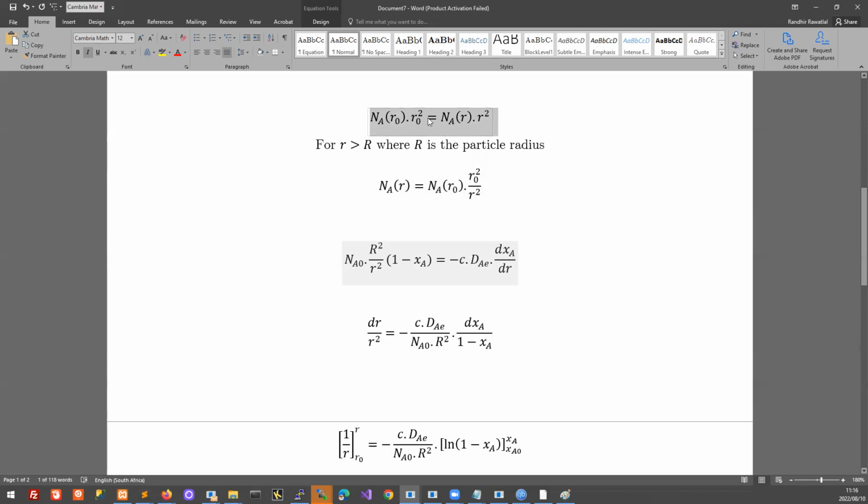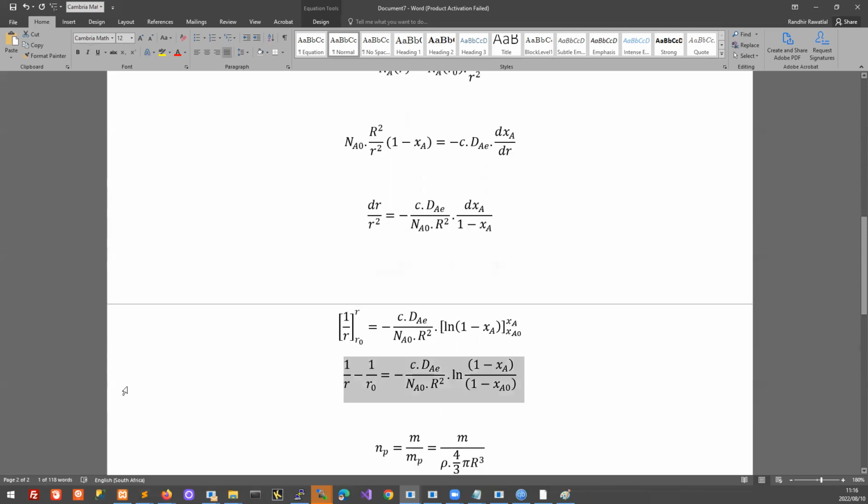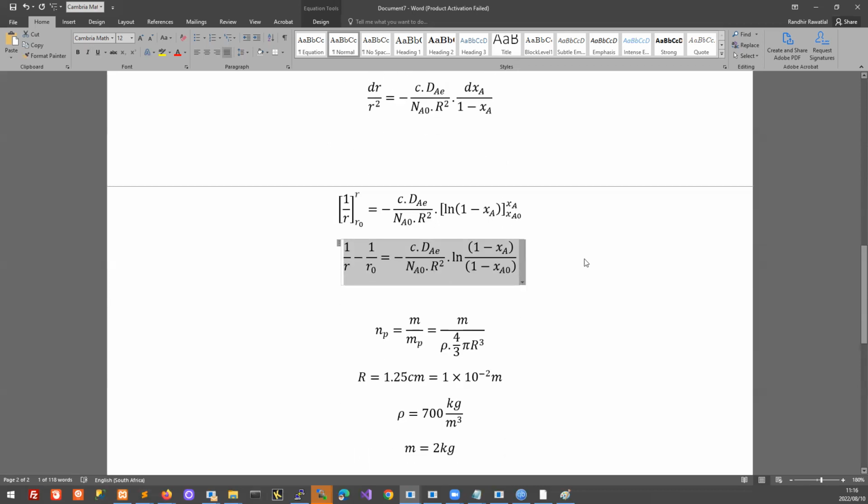So if we just pick some arbitrary radial position R naught, then we can relate the flux at position R using this expression, right? So at this stage it was general, and in this equation, it's just written in the most general form. And then if we want to look at a specific relationship, like the ones given in the problem, we are given